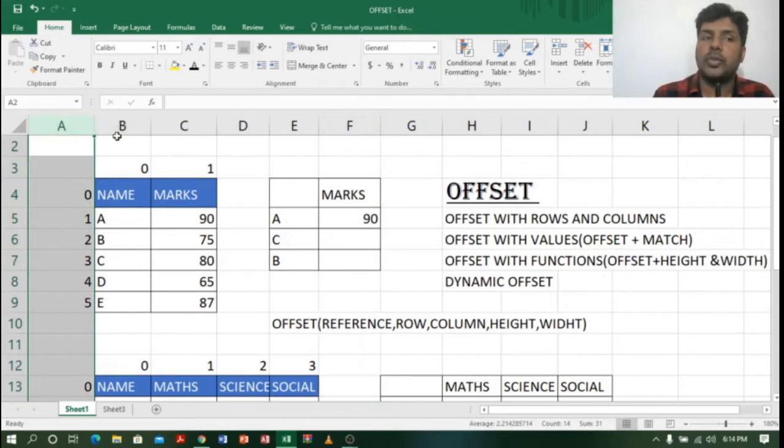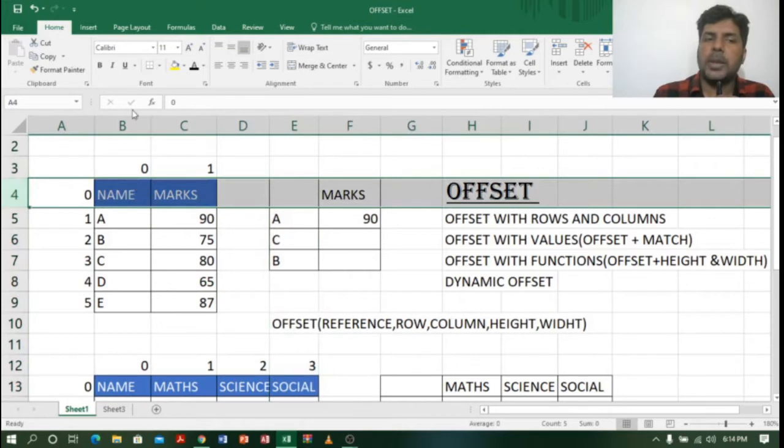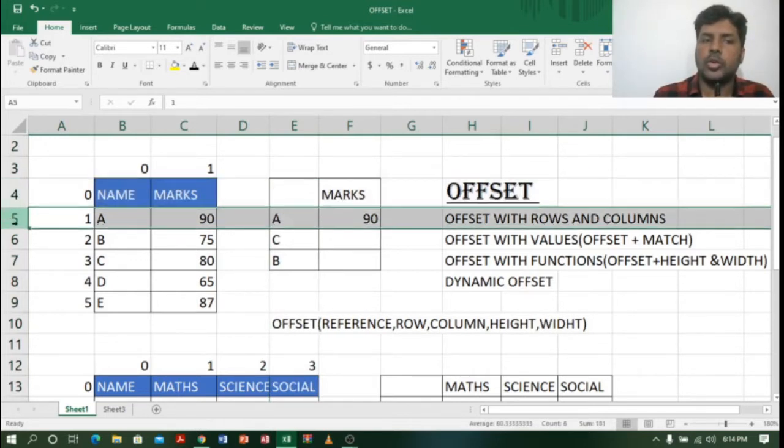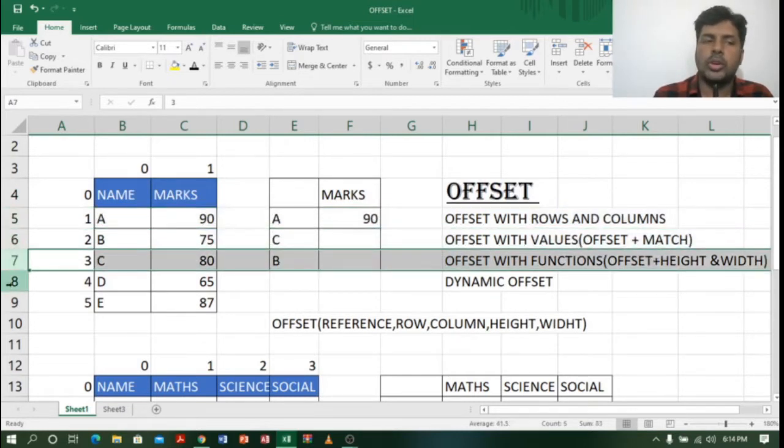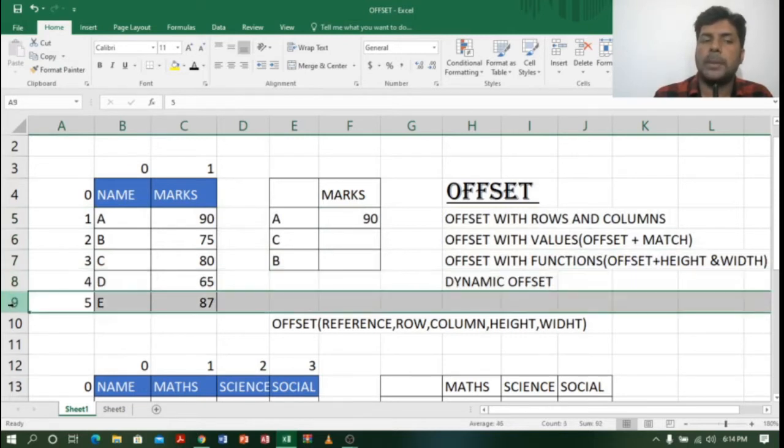Remember, when we move to the left side it will be minus, and when you move to the right side it will be plus. Similarly, B4 is the 0 row, and the next one down, B5, becomes the first row, B6 the second row, B7 the third row, B8 the fourth row, and B9 the fifth row. This is how OFFSET will work.